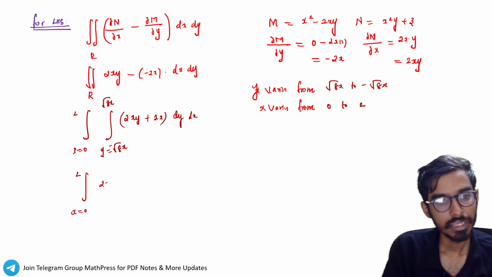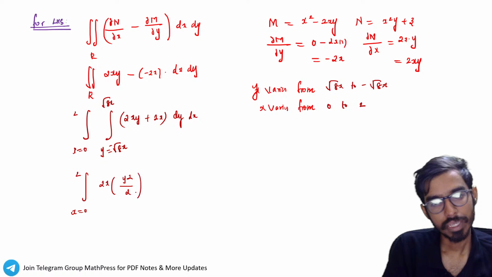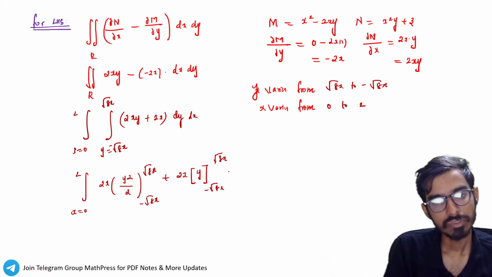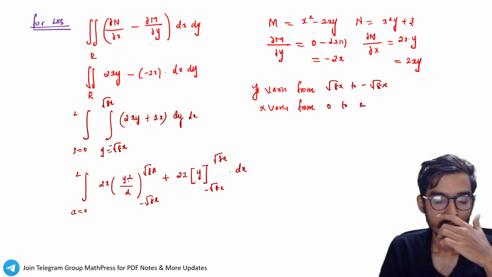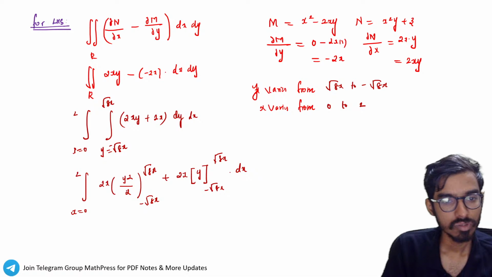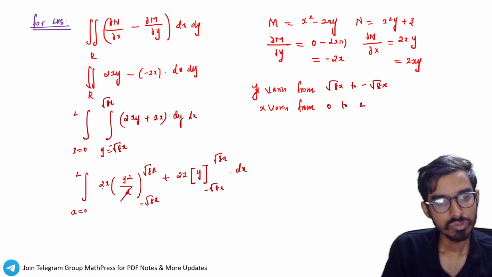With respect to y, we get 2x y square by 2 from minus root 8x to plus root 8x, plus 2x times the integration of dy, which is y, from minus root 8x to plus root 8x, dx. Now you can see this. When you integrate this, this 2 will get cancelled. When you put upper limit minus lower limit, you will have x varies from 0 to 2, x into,